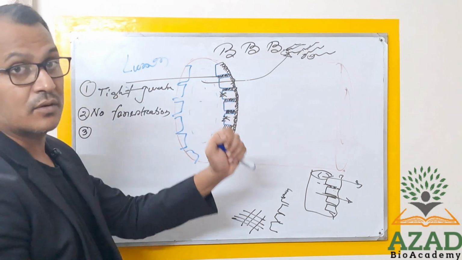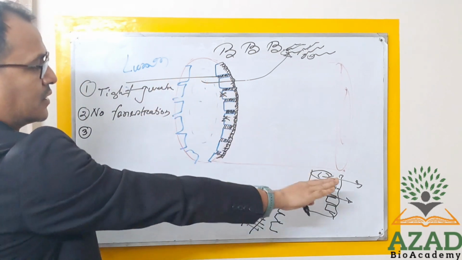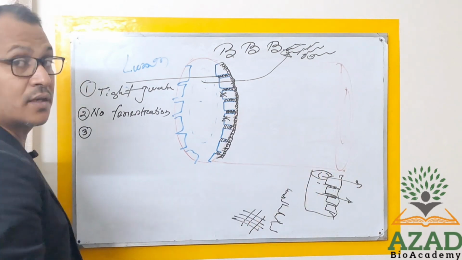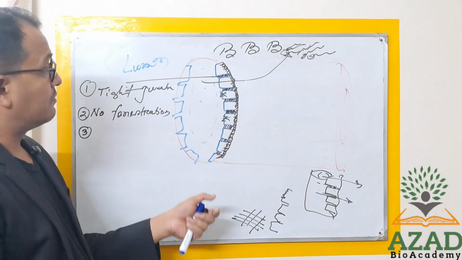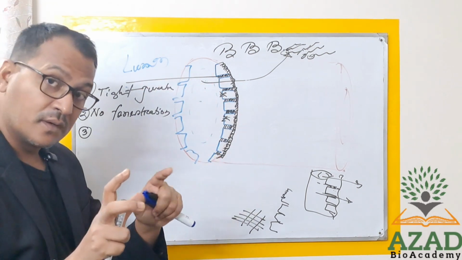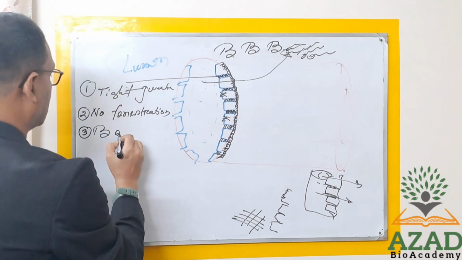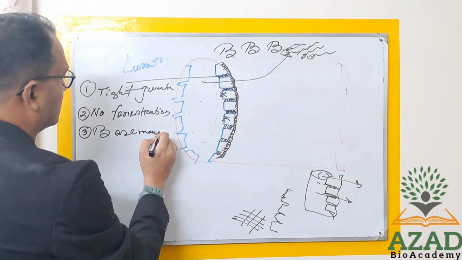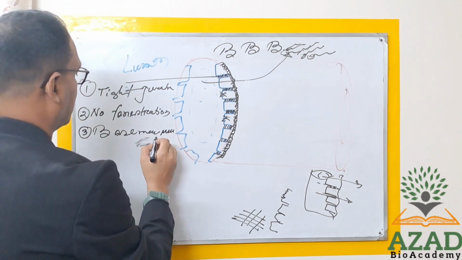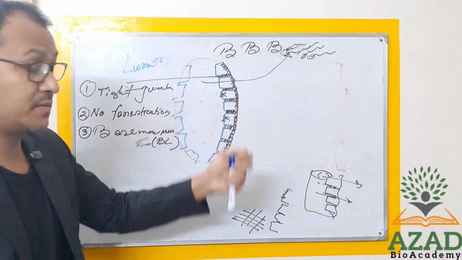So this is another component which is somewhat special compared with other capillaries, because other capillaries also have a basement membrane, but not as organized as in the brain capillaries. So this is the basement membrane, or I can say basal lamina. The third one is basement membrane,